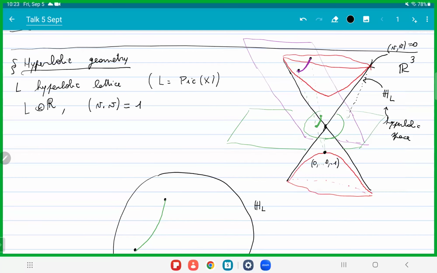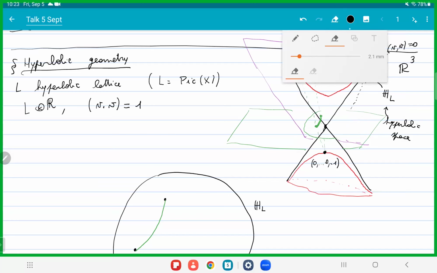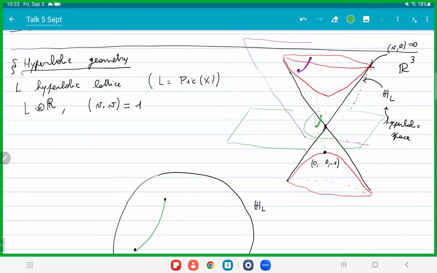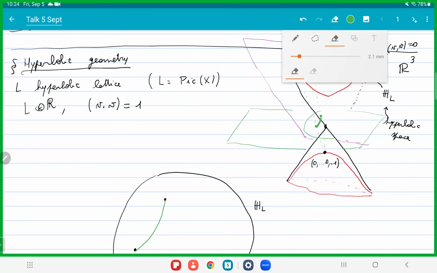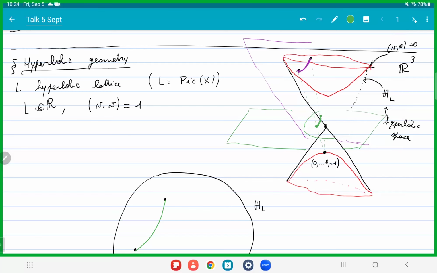Makes more sense now. If we project this point on the light cone, it will end up tangent, so on the boundary of this